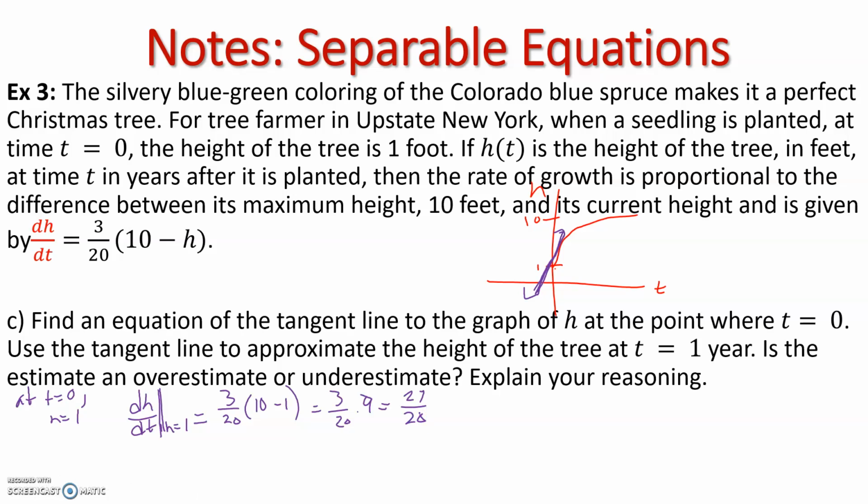Now, we know that all linear equations can be written in the form y equals mx plus b. In this case, we have h and t instead of y and x. So we see that h of t is 27/20 t plus, what is our y-intercept? But 1. I'm going to try to write that a little bit neater for us. So once again, we have h of t is 27/20 t plus 1. And we'd like to use that to make an approximation. So we have h of 1